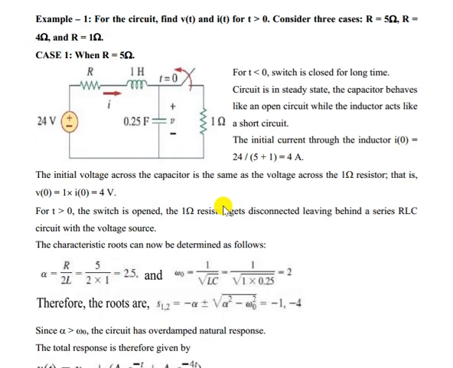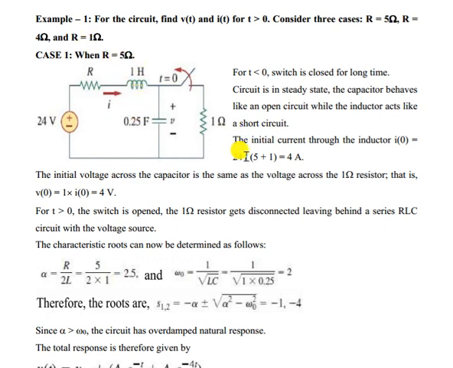So now let us take one example and do it. For this circuit, the switch opens at t equal to 0. Then at t less than 0 it is closed. If it is closed and at steady state, then the inductor is short circuited and the capacitor is open circuited. Then what is the value of the inductor current? Nothing but 24 divided by R plus 1, through this path. Now here R is 5 ohm. We have to find the response for different R values. R is 5 ohm.